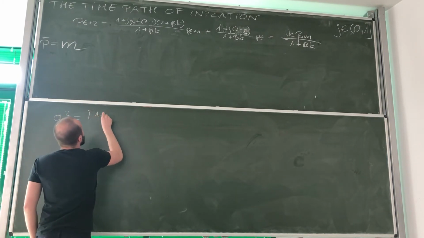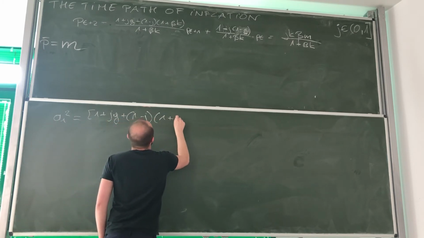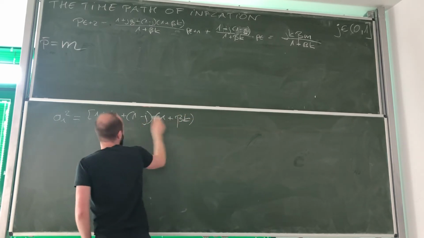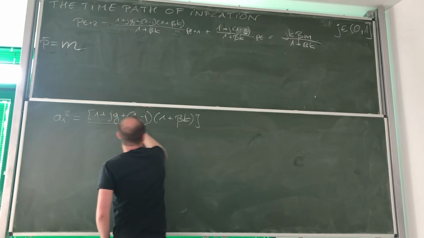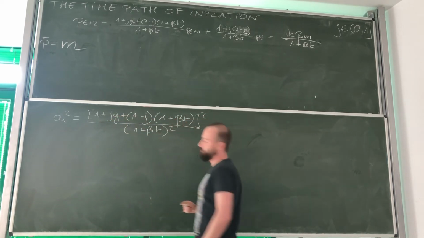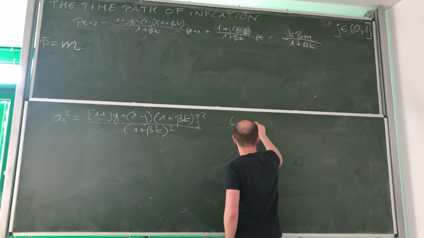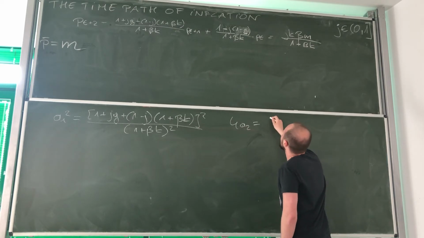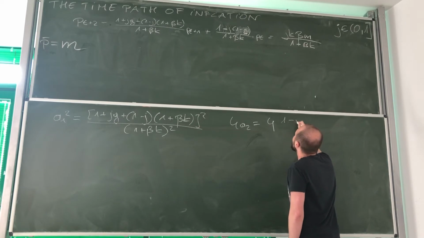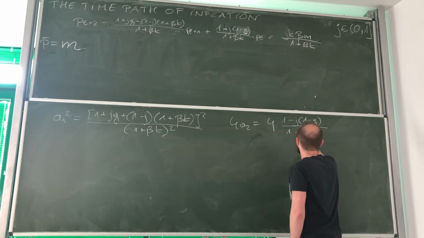So we got 1 plus g plus 1 minus j times 1 plus beta k over 1 plus beta k, both squared. Right? Then a2 is equal simply to 4 times 1 minus j, 1 minus g over 1 plus beta